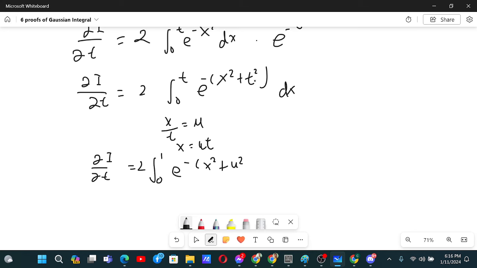So t equals x by u, now x equals u t. Let's substitute x. Now x equals u t, so that will be u squared t squared plus t squared, and then dx will be